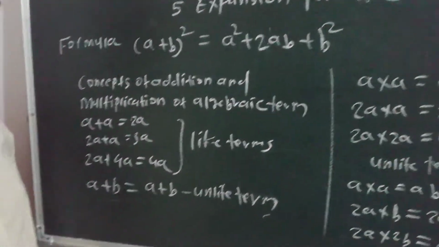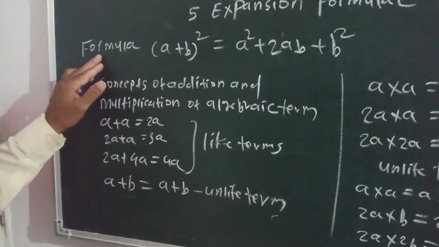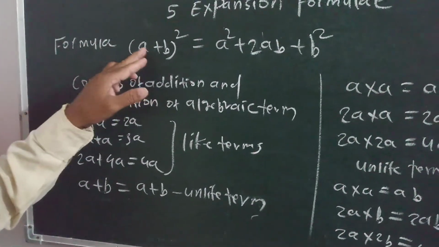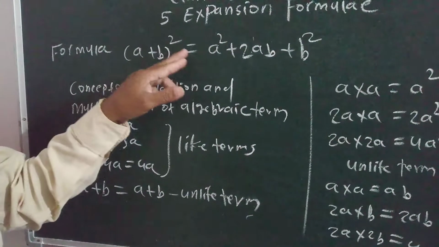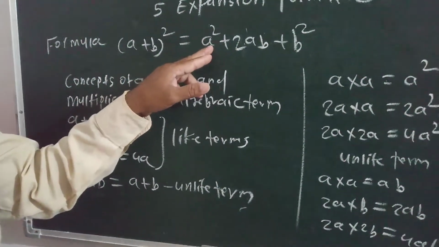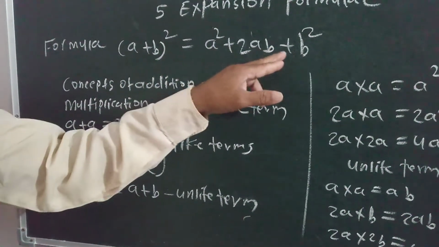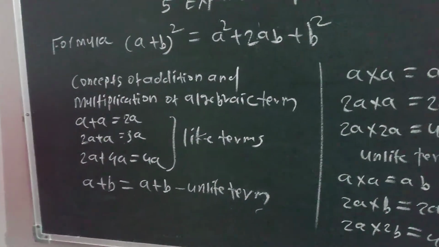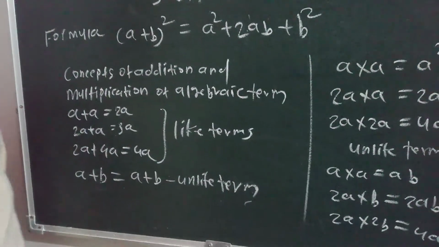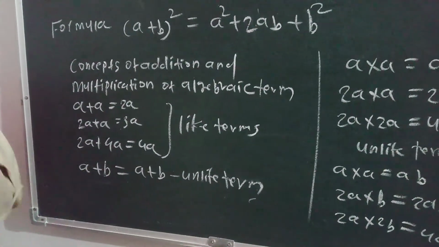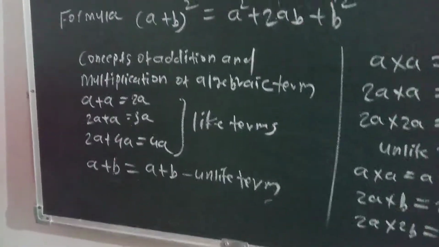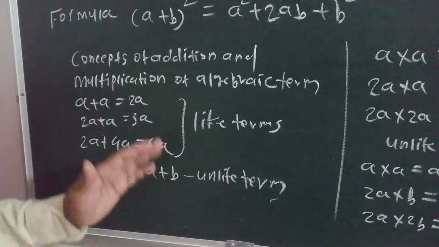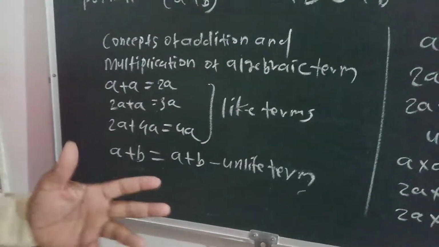So, dear students, we already studied in the previous class the formula (a plus b) whole square is equal to a square plus 2ab plus b square. This is the formula we already learned in the previous class. But in this class, in 8th class, we can study the next formula. But for this we must know